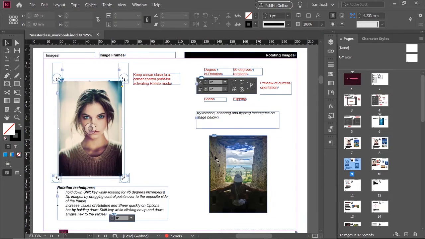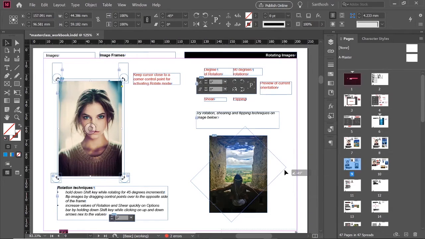Okay, and in this page there are three other things for rotation. If you click on an image, you can rotate it by hovering over it. Now you can see the mouse turns into the rotate option where you can rotate your image. If you want to rotate by 45 or 90 degrees, just hold the Shift key and you can rotate it in only 45 and 90 degree steps.